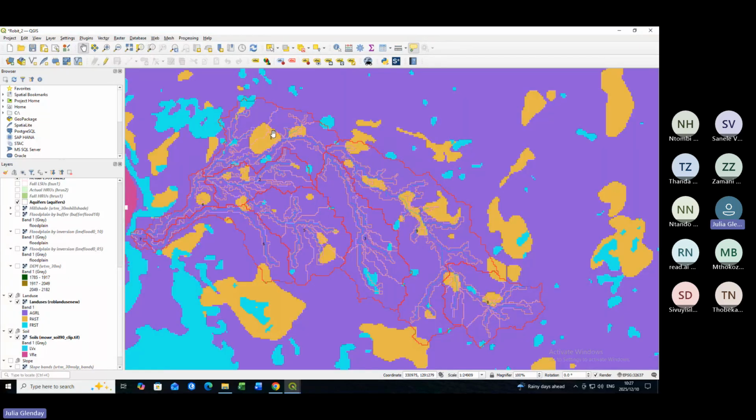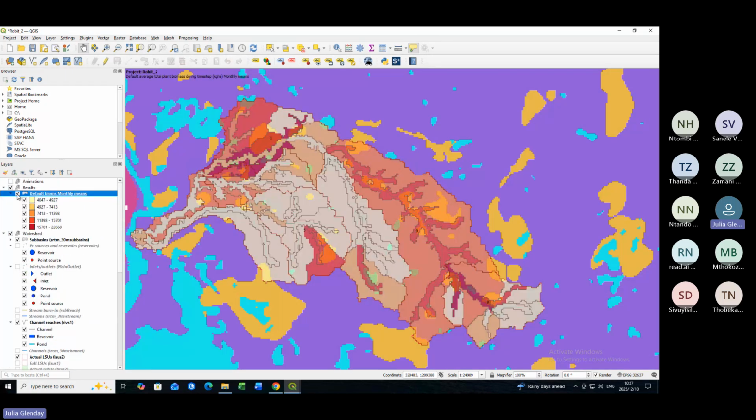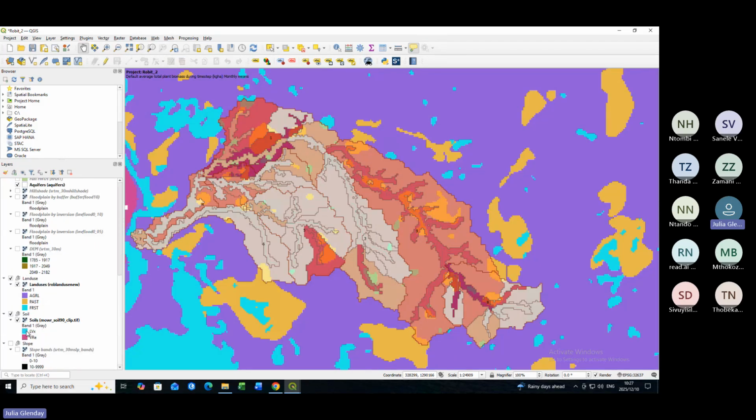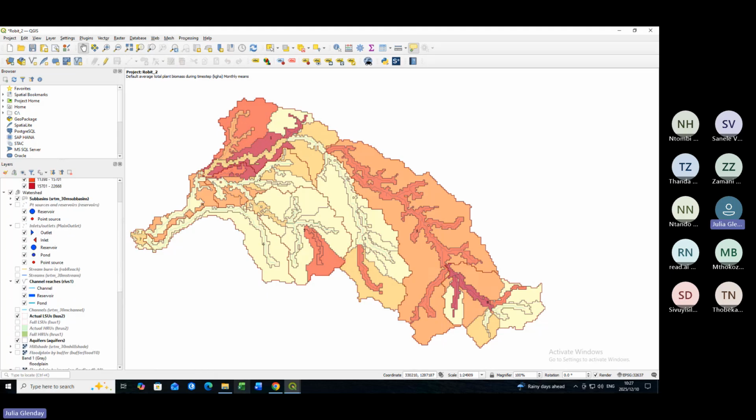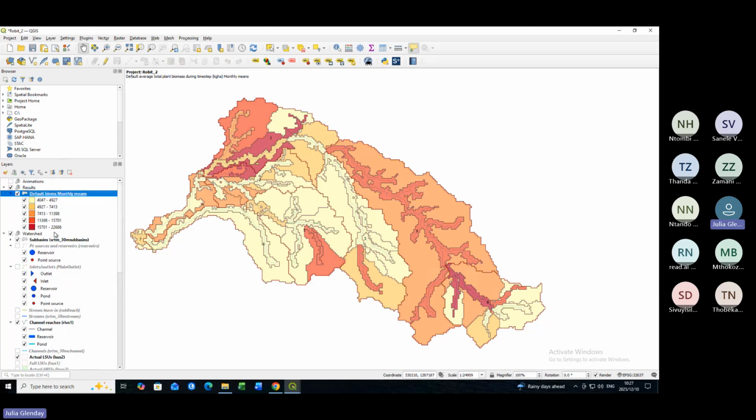So there is more pasture over there in particular. And then if I turn this on, where the pasture is, it's where the pastures have higher biomass. So the pasture has higher biomass because it's then summing it by the landscape unit. So that's one example of making a map using the tools